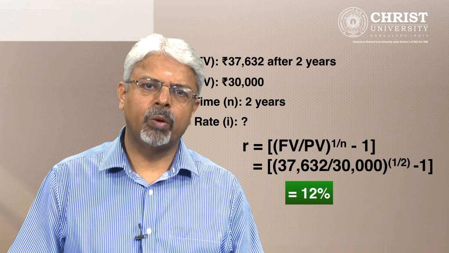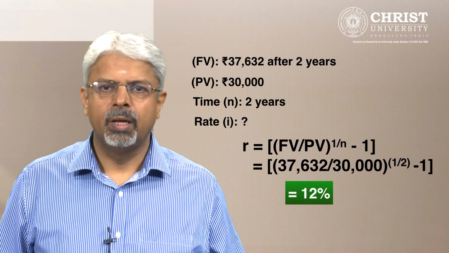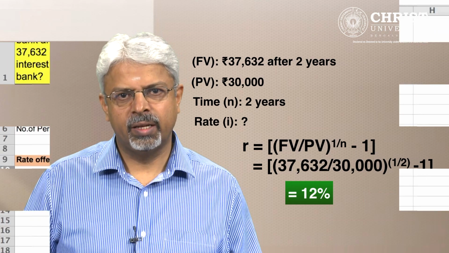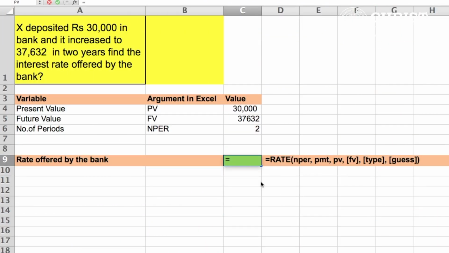Excel has the following formula to find out the interest rate. We know that the rate of interest is denoted as rate. Therefore, let us type equals followed by rate and open bracket. Here we are required to fill in the numbers for NPER, that is the period, and we choose 2 here. Then move to PMT, which indicates the regular payments. Since there is no regular cash flow, we just insert a comma without any number or reference.